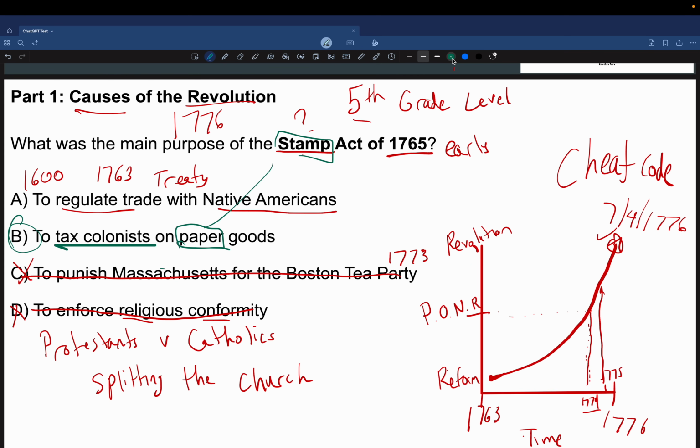Now, again, even if I forgot what the Stamp Act was about, just reading this and trying to use historical thinking and establishing a timeline can help me negotiate my way to the correct answer. So 1773 is too far down the line. Again, if I just know that the Brits and Native Americans had a relationship starting in the 1600s, I can already just rule out that the Stamp Act was really directed to that. And there we go. So this is a 5th grade level test question,